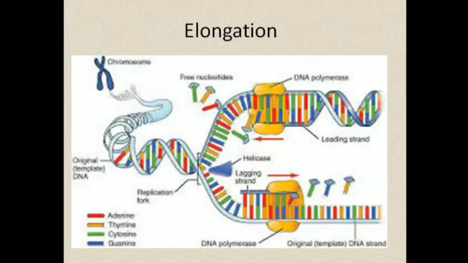Okay, now let us understand this process with the help of this diagram. You can see here the DNA polymerase is acting on both the strands. This is the leading strand. Here the DNA is being produced continuously, and this is the new DNA which is being formed. While in the lagging strand, the DNA is formed discontinuously. Small fragments are formed which are called the Okazaki fragments, and these will then be joined with the help of an enzyme, the DNA ligase.